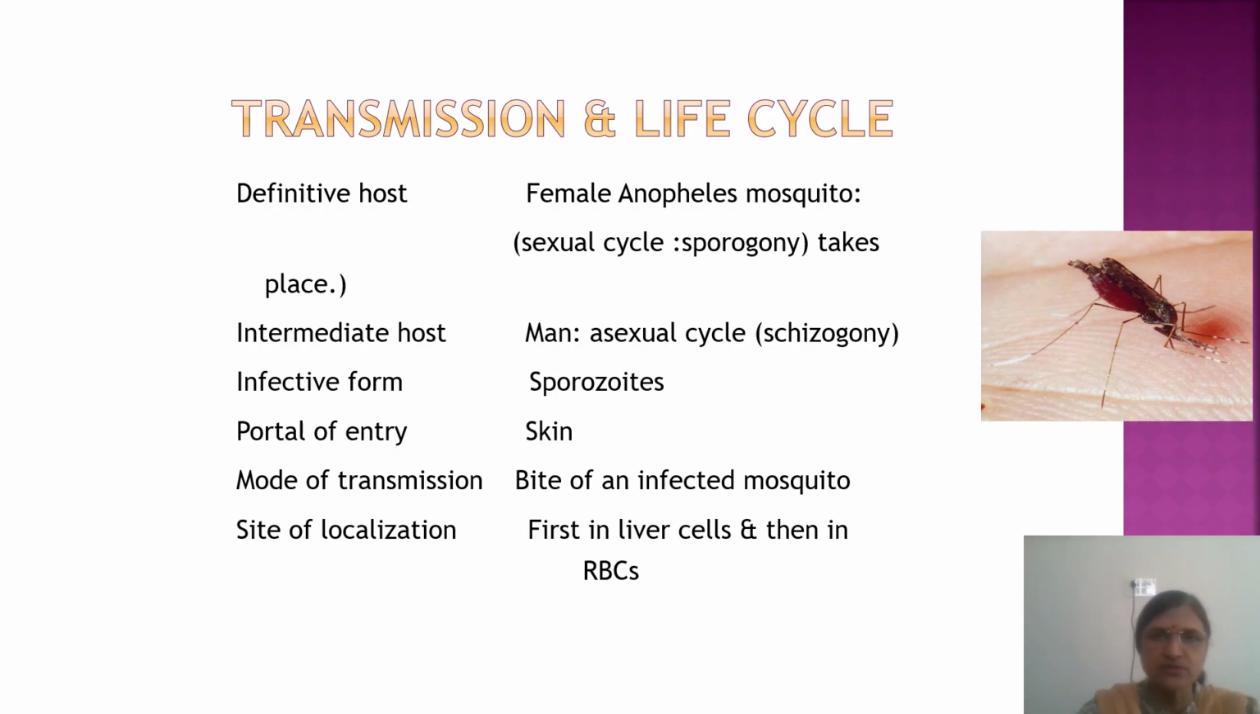And the intermediate host is man because the asexual cycle, that is schizogony, takes place in man. The infective form is the sporozoites. Those sporozoites enter man after the bite of the mosquito and the life cycle continues. The portal of entry is the bite through the skin. Mode of transmission is the bite of the infected mosquito, and the site is first the liver cells and then the